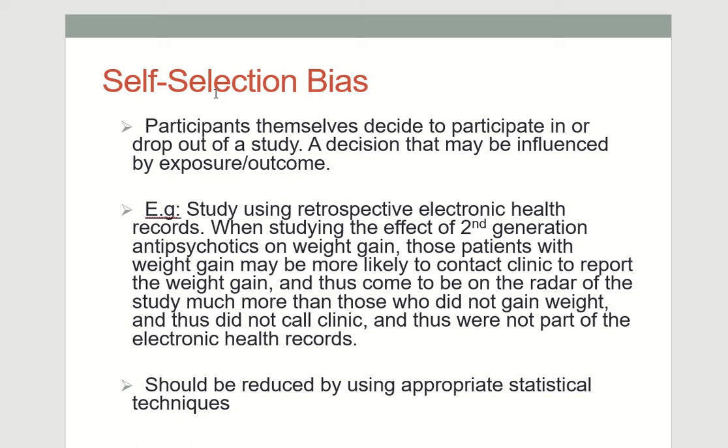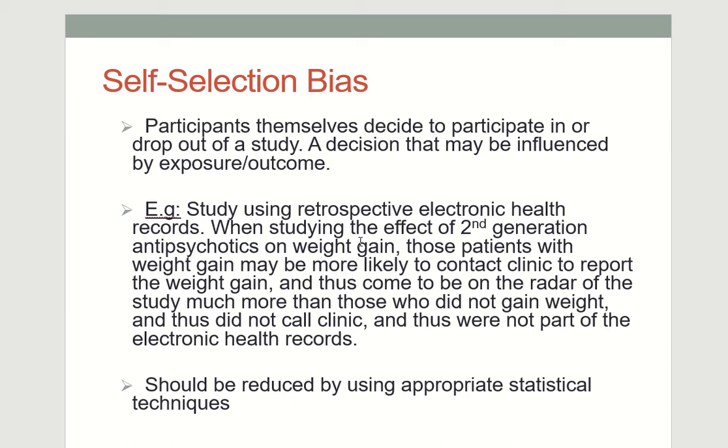And one of the things you look at when you're doing the flow diagram, whether it's an RCT or even a cohort, is who is dropping off the study, who is stopping the medication, and you compare the two arms and try to see if there is consistently a certain group of people that are no longer taking the medication, and if you compare to the placebo, they would be different people. So whenever you're reading an RCT, one of the things you should see is something called the CONSORT flow diagram, and in that flow diagram, you should be able to see who is selecting themselves out of the study. So the example says, a study using retrospective electronic health records when studying the effect of second